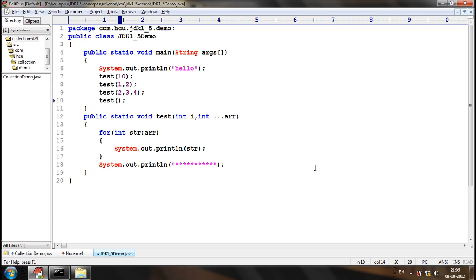Now what happens? Compile error? What do you think, is it a compile error? We have integer varargs.